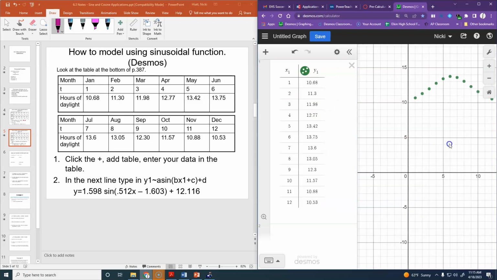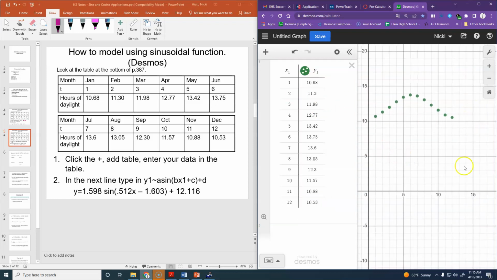The calculator will graph for you, but gosh, Desmos is so much better. You can see the points popping up as you go. If you mess something up, like if you accidentally put a 1.88 instead of 10.88, you can see pretty easily that it's wrong. I prefer Desmos, but